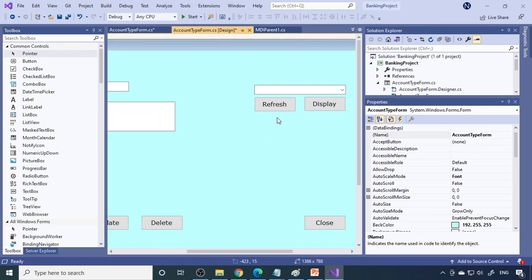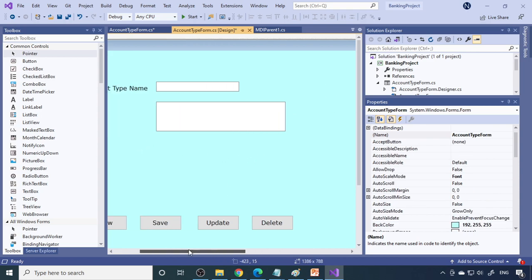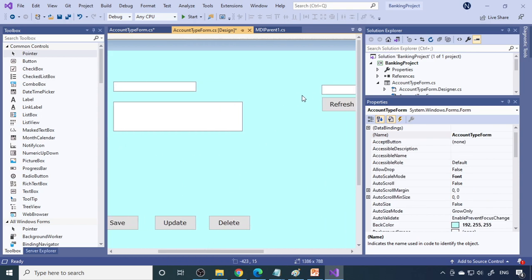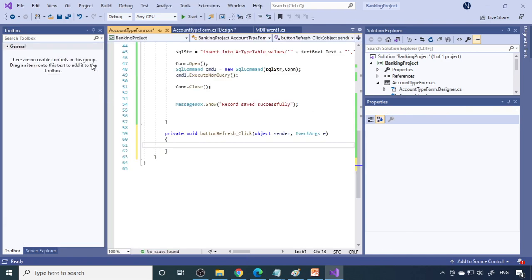So what is refresh? Whatever data we enter, that should come over here. Account type name must come to the combo box. When I click display, that corresponding account details has to come to the text box. So let's see how to do this. So refresh, when I click refresh,